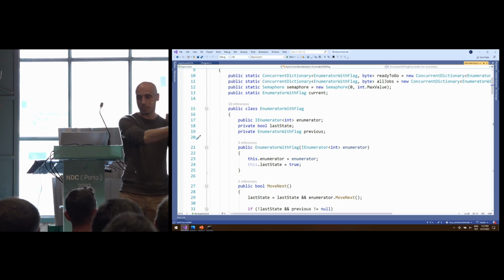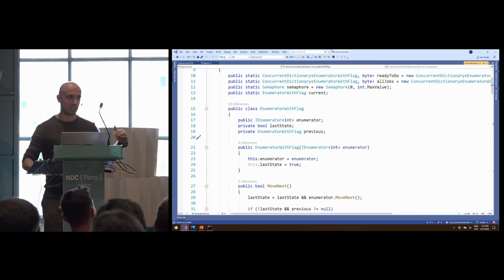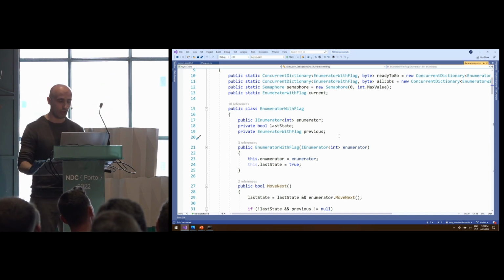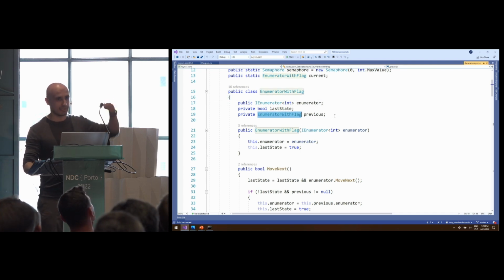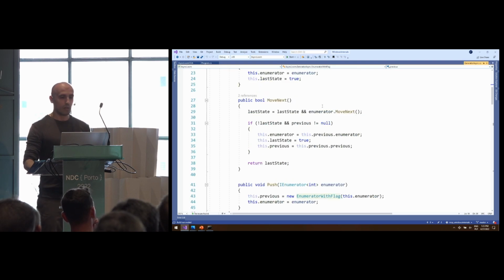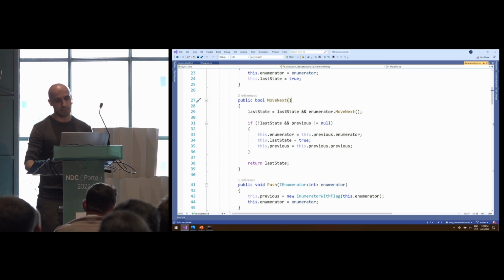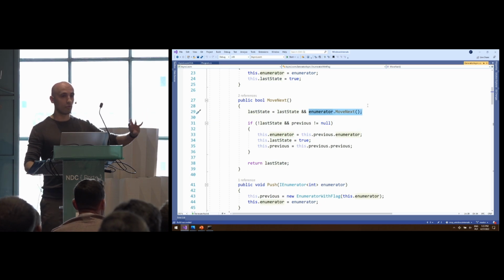So when we are doing yield return, we need to understand there was this stack of enumerators built on top of each other, and this is why we have the enumerator with a flag, to basically build this stack. We have the move next method in this enumerator, which basically checks, hey, if I was already done, then I'm done. Otherwise, I get the enumerator which was there, and I call move next on it.